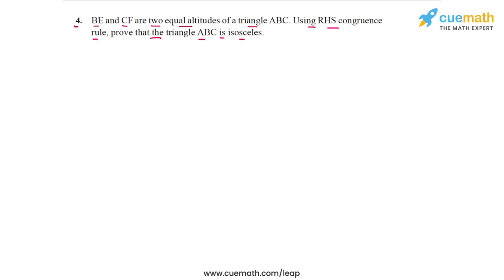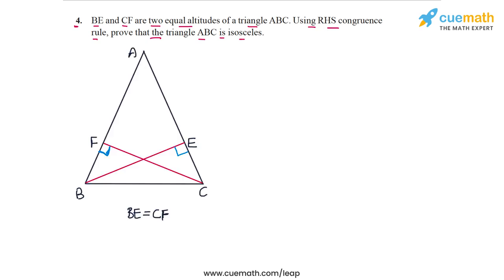Okay, so this problem is best understood if we actually draw a figure corresponding to the given situation. So here's a figure I have drawn for you. We have this triangle ABC that you see, and we have these two altitudes BE and CF. BE is the altitude drawn from B to the opposite side AC, and CF is the altitude drawn from C to the opposite side AB. And what we are given is that BE and CF, these two altitudes, are equal. And because of their equality, we have to prove that the triangle ABC itself must be isosceles.